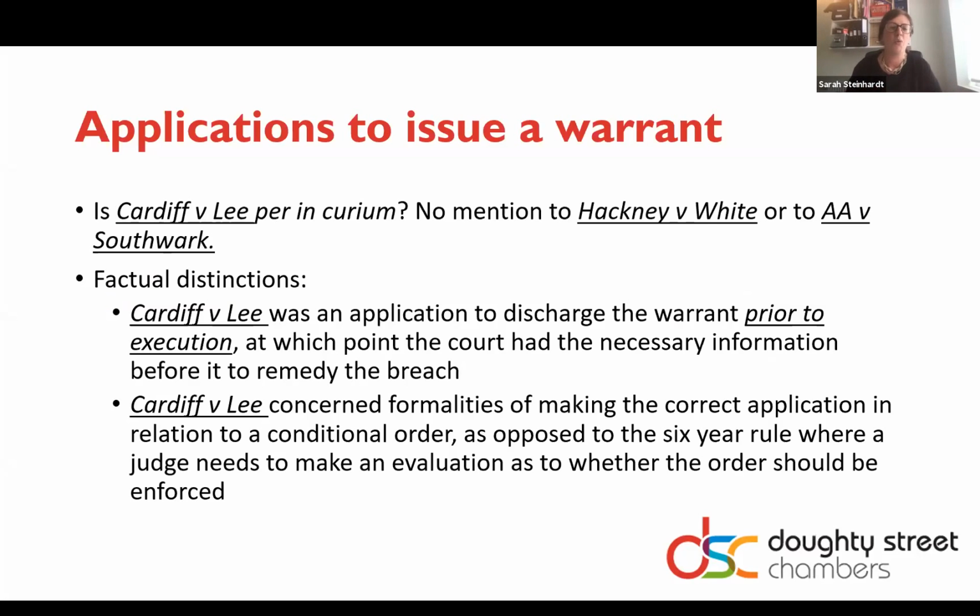What's going on here? Well, first of all, it might be that Cardiff and Lee is just wrong. It doesn't mention Hackney and White. It's unclear whether the judges ever had their attention drawn to that case or to AA and Southwark. So we have here two completely inconsistent decisions of the Court of Appeal, and it appears that Cardiff and Lee may be per incuriam. But there are also some factual distinctions which mean that we can distinguish the two, and in many cases it will be perfectly possible to say that actually Hackney and White should be preferred in